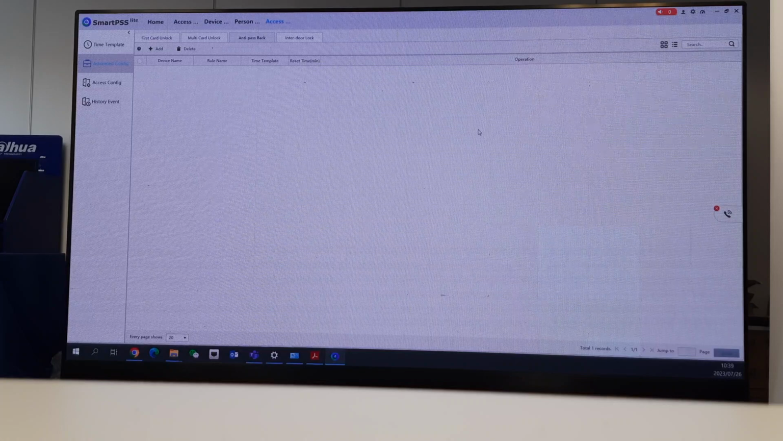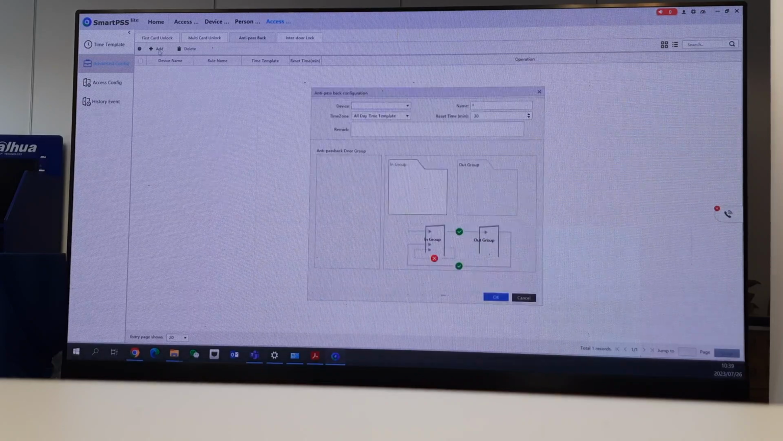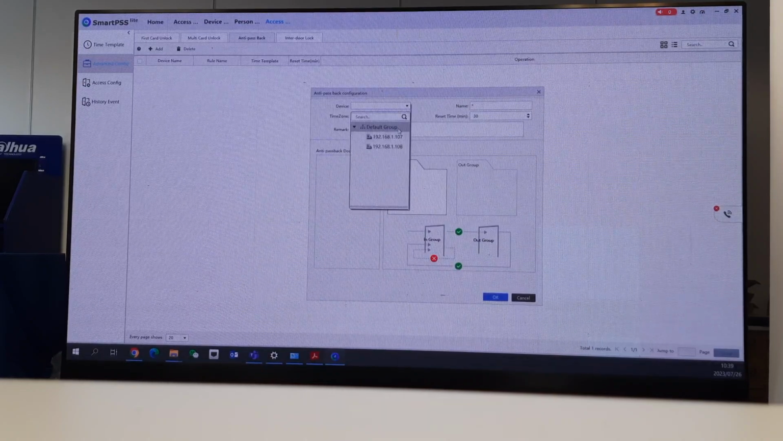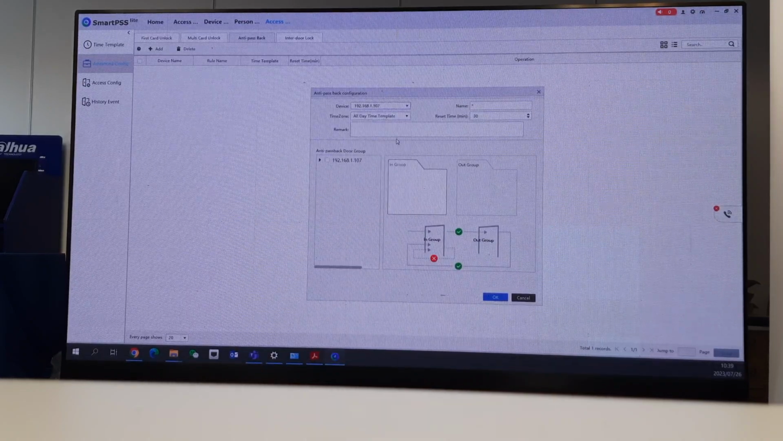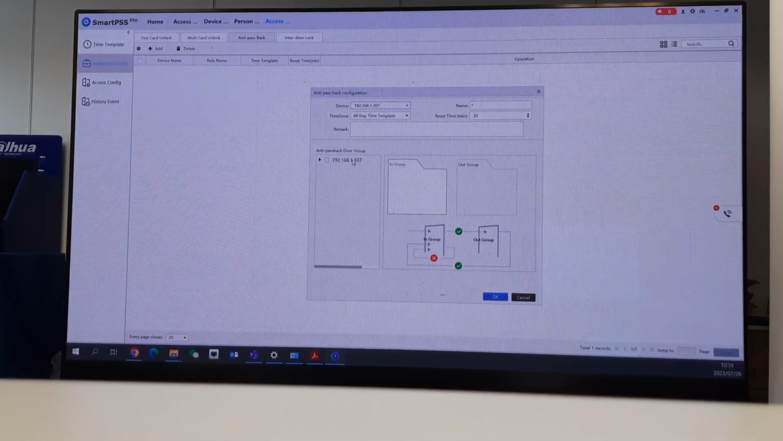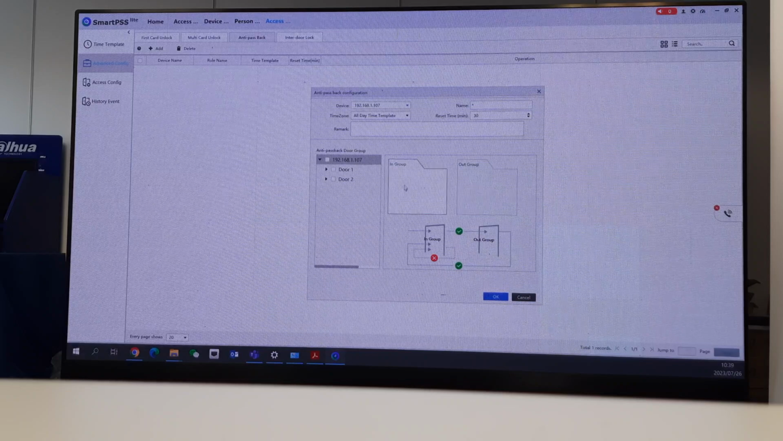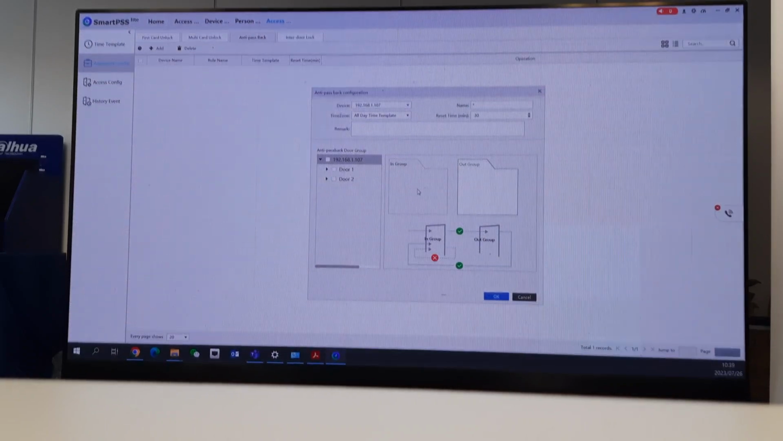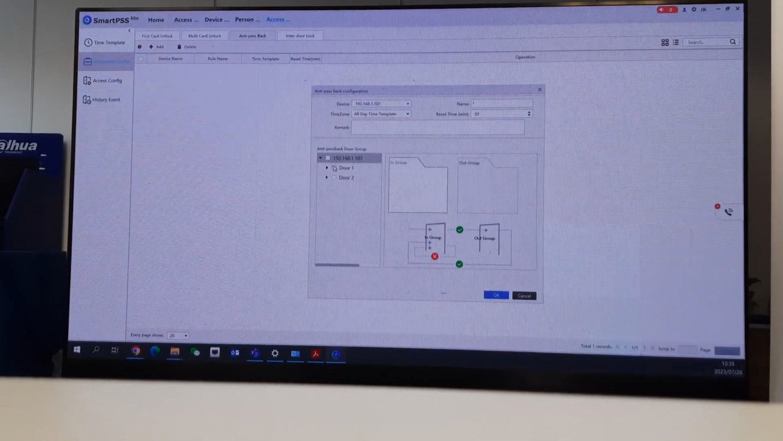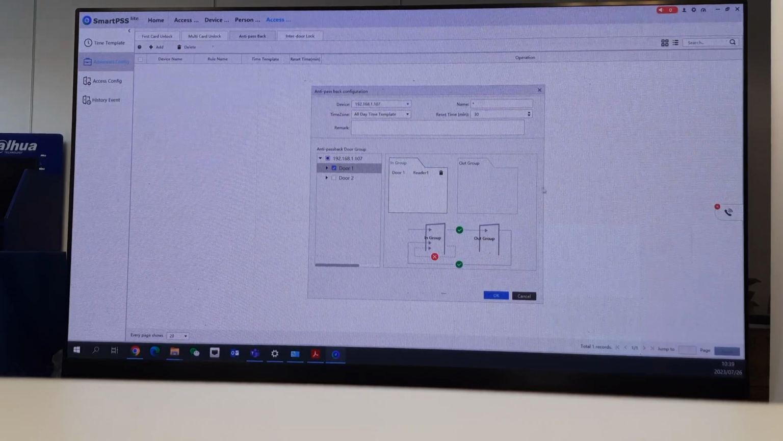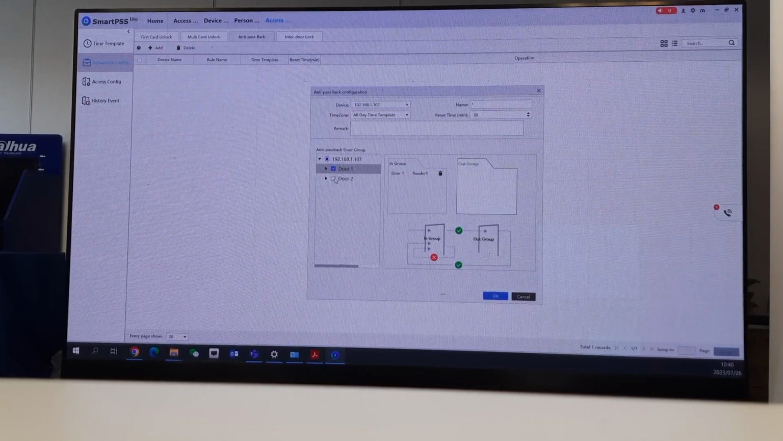I think anti-passback is one thing that most people want when they are on site. So you're gonna say add. You select the device. My controller is 107. So with this one, I'm gonna come here and you click. Can you see? You've got your in group, you've got your out group. Right now, if I add this one and say this one here, and then I'm gonna click here, I'm gonna select